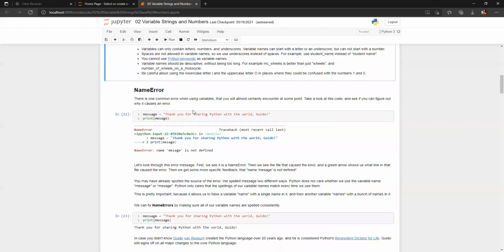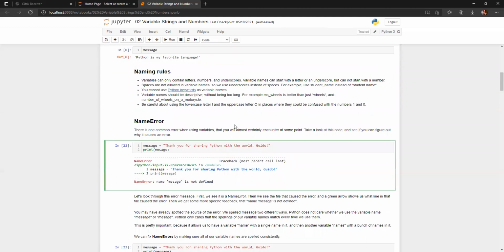So going on with the next steps. What are the different rules for naming a variable? When you name a variable, you have to be very careful about the different methods by which we can store a variable. First of all, keep in mind that whatever variables you are storing should contain letters, numbers, and underscores. A variable's name can start with a letter or an underscore, but it cannot start with a number. Just keep this in mind.